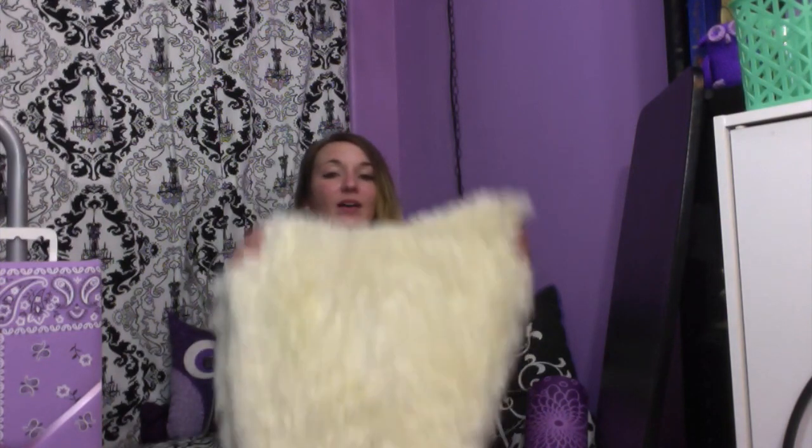Here's something new to my dorm this year. I got this fuzzy rug, and I'm super excited about it. It's really pretty. I think that the floor in my dorm can get awfully cold, and so it's really nice to have